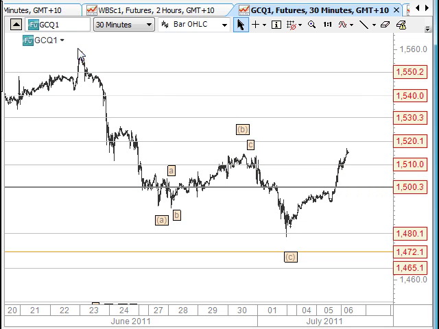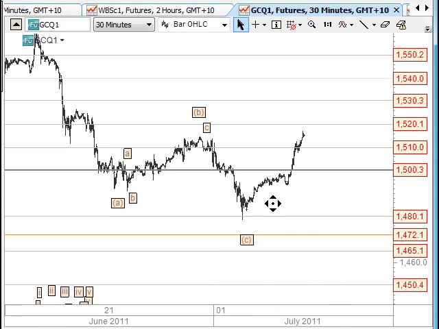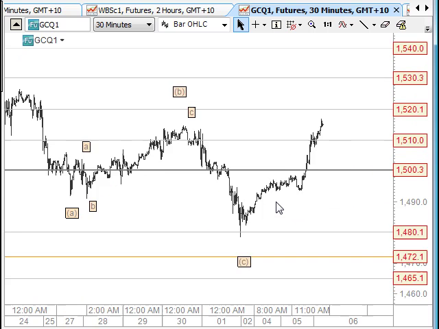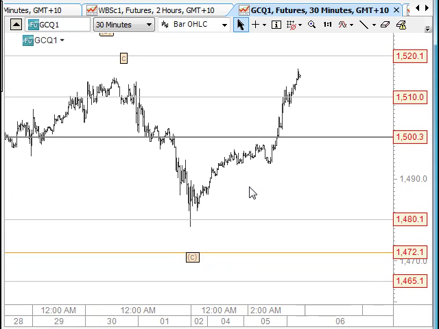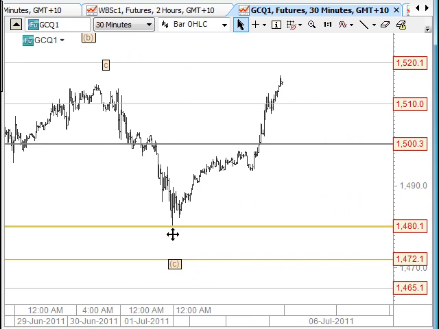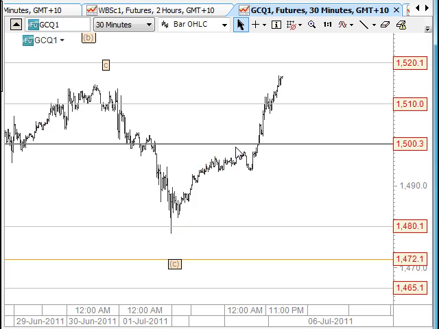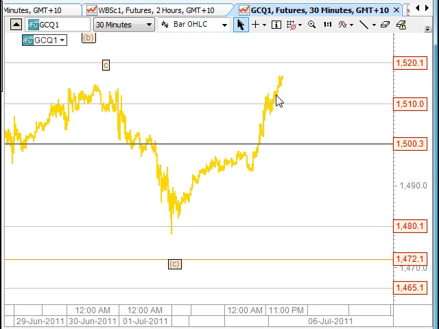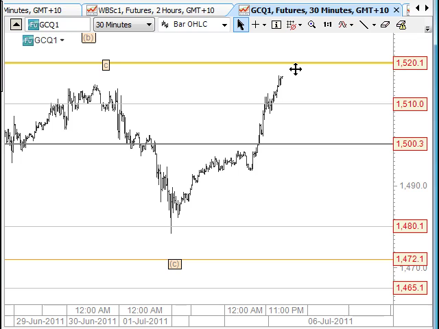So this five-wave structure here can be considered an A wave now, and a B wave over here, and a C wave here. It does appear that in this structure here we're getting impulse waves to the upside, so we'll start to tune into that, and that would be up for 1, back for 2, up for 3, cross for 4, and up for 5 into this area here. So we'll see some sort of ABC correction back from here, but